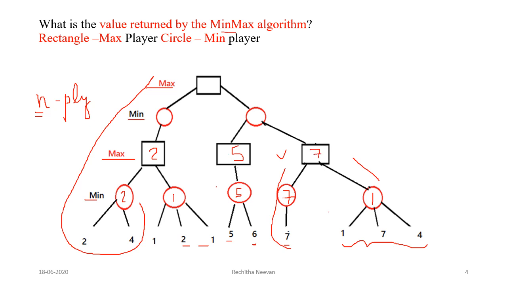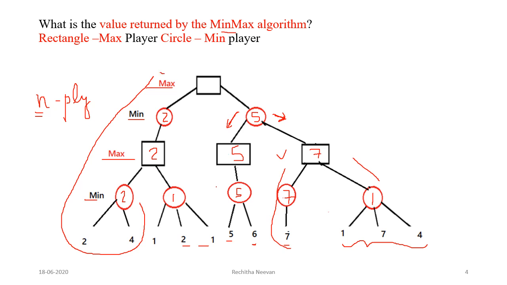Now this is a min node and it has only one path or one value. So this one is 2. Here this min node has two ways to traverse. If it travels through this path, the cost is 5 and if it travels through this path, the cost is 7. So this min node selects 5.